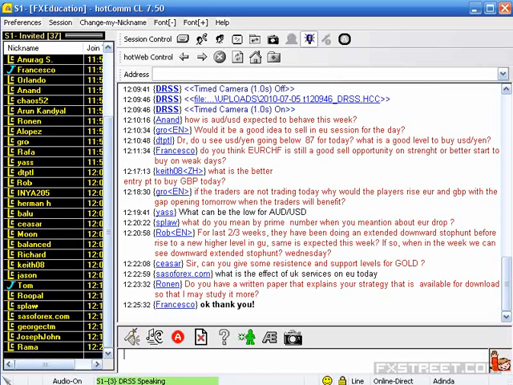Then what is a better entry point? Buy GBP. GBP below 1.5070, if you buy, you should be able to sustain or keep stop at entry and book profit during this week. You can do position trade and you have to keep stop at entry and only think of position trade. If you are trailing stop, try to trail initially about 30 pips trailing stop. Then if the going is good, make it a 45 pips trailing stop. Then make it a 60 pips trailing stop. Then make it a 75 pips trailing stop when the going is really good, so that you are not affected during the wild swings they do